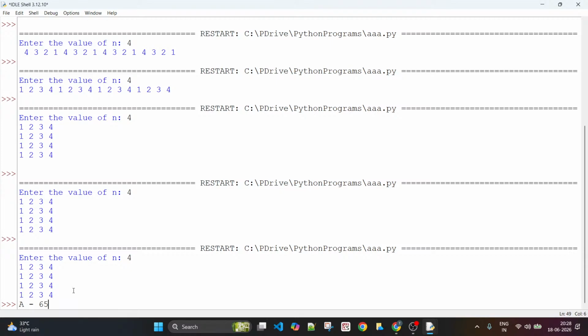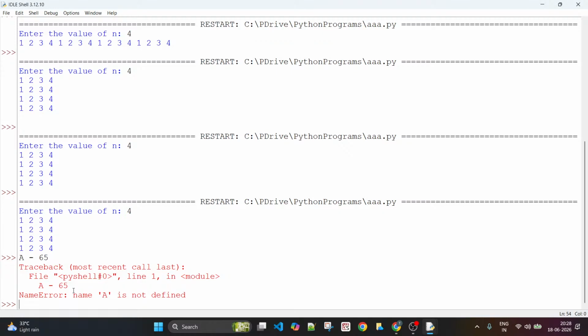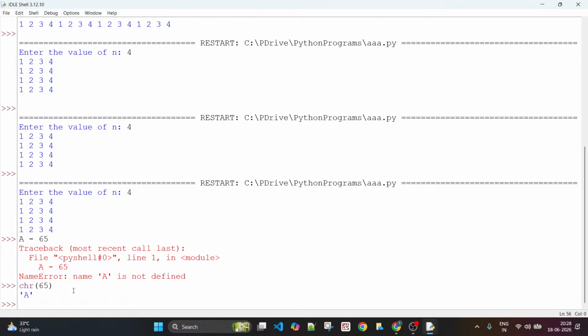Of course, the ASCII code is also the same. It's not an executable statement, but I pressed enter by mistake, that's why you're seeing that error. Okay, now there is a special function in Python, and what I'm asking it is to print the character associated with the integer 65, and it immediately says it's capital A. As I said, capital A has a Unicode or ASCII code of 65. So you are printing the corresponding character for a given